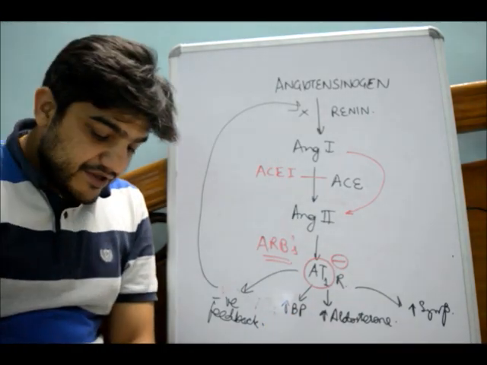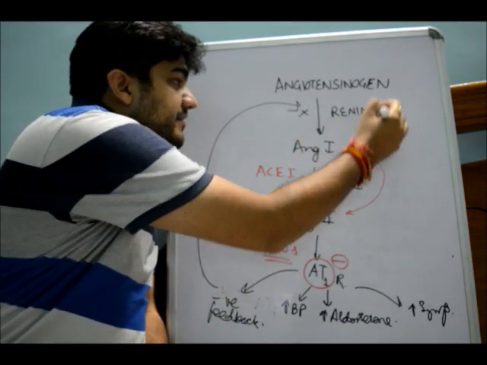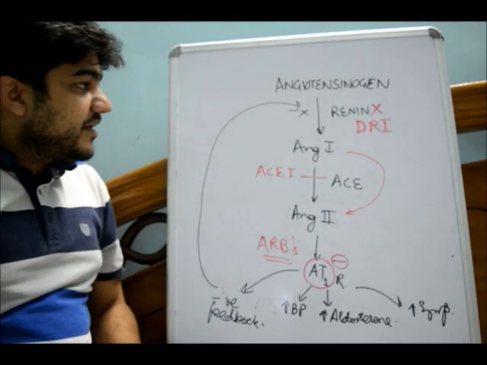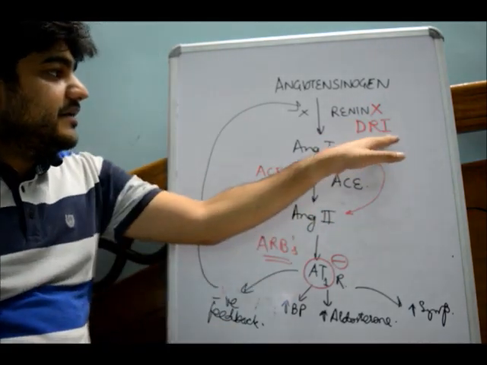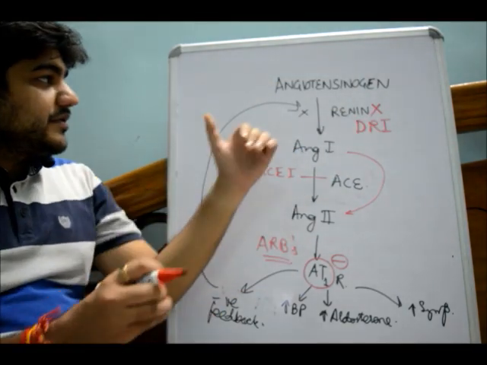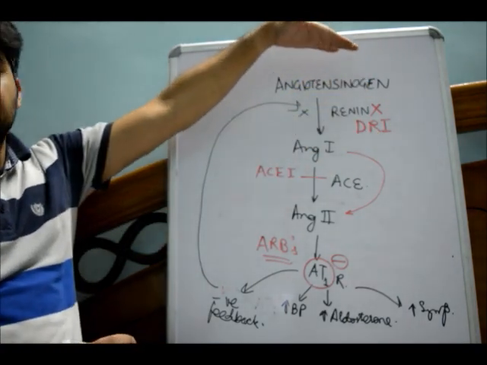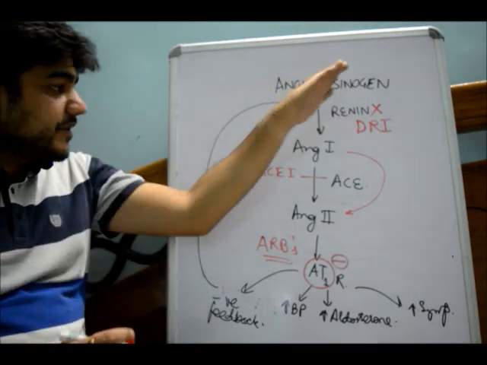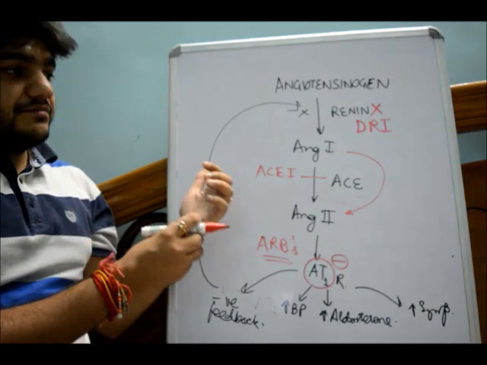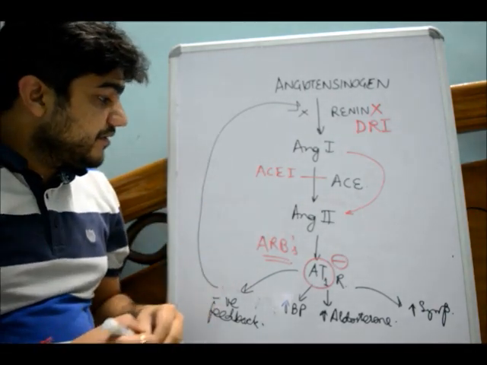There is another group of drugs which acts at the level of renin, called direct renin inhibitors, and they inhibit renin. They block the conversion of angiotensinogen to angiotensin 1, so they block it at the very first step. So all these three types of drugs are used for suppressing the